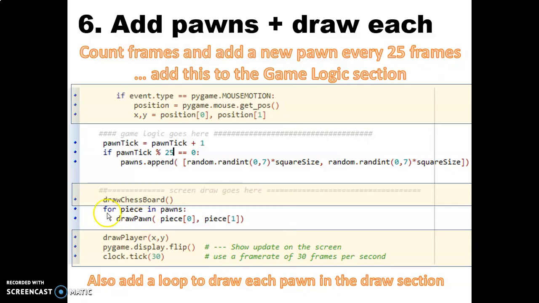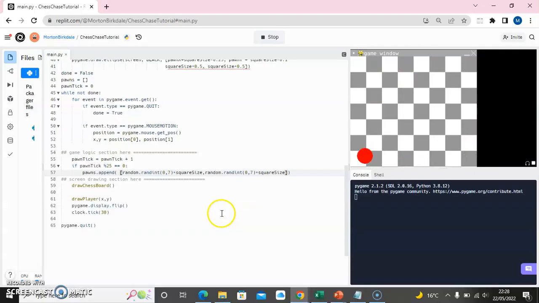And the last thing I'm going to need to do is to actually draw each pawn in place. So I'm going to come back to my code here, and I'm going to say for pawn in pawns, and then I want to draw pawn and it's